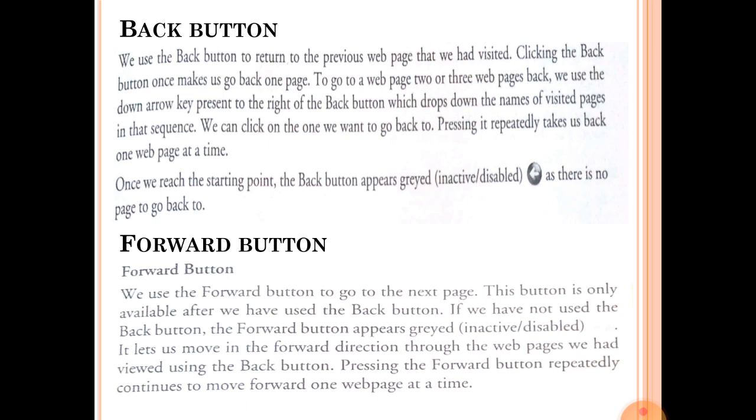You will click on the back button, and you will come to the previous web page. Again, if you want to go to the next page, you will click on the forward button. So by using the backward or forward button, the user can navigate from one web page to another, backward or forward.